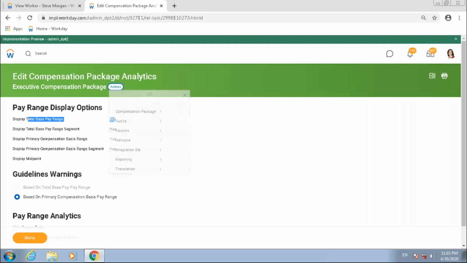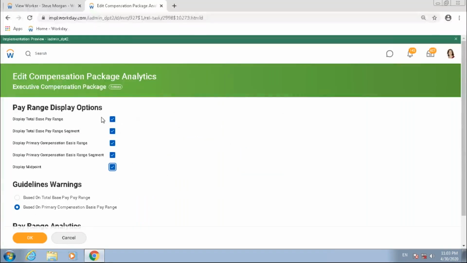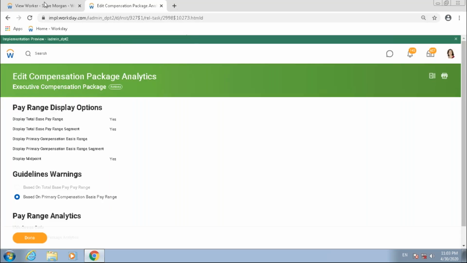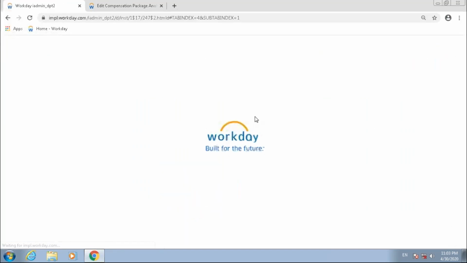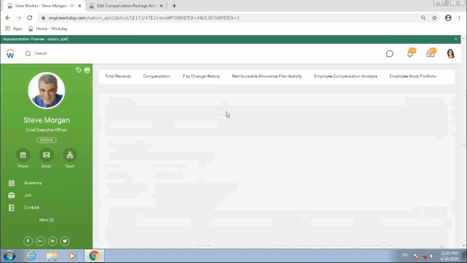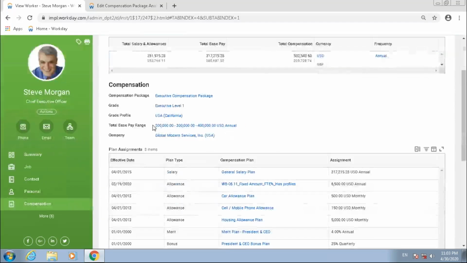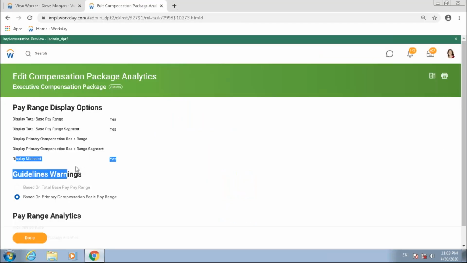So I want to only display, for example, let's say the total base pay range, and I don't want to display total primary compensation basis range. Let me do that. And if I refresh this now, right? So now if you see only primary total base pay range is displayed and my midpoint is displayed again,